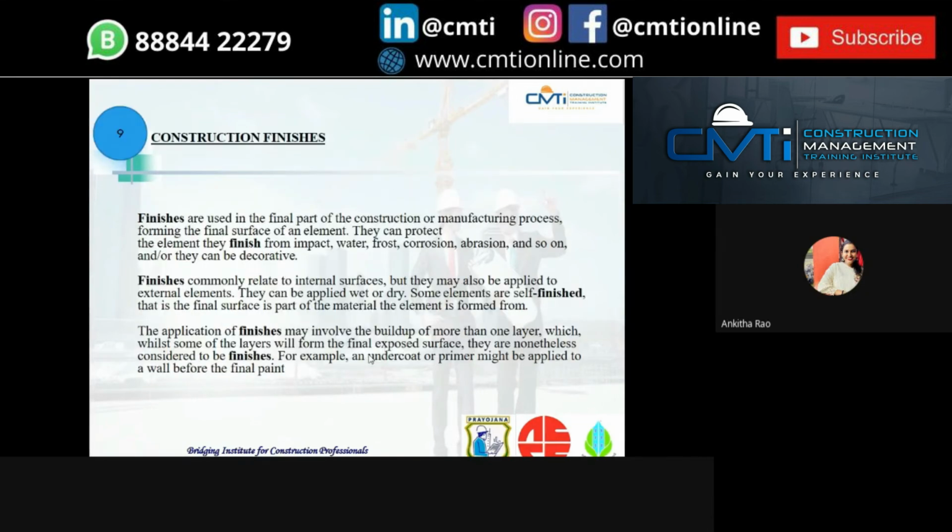And next is construction finishes. Finishes are used in the final part of the construction or manufacturing process. They can protect the element they finish from impact of water, frost, corrosion, abrasion, and so on. And they can be decorative also. Finishes are commonly related to internal surfaces, but some of the places we use in external elements too. And